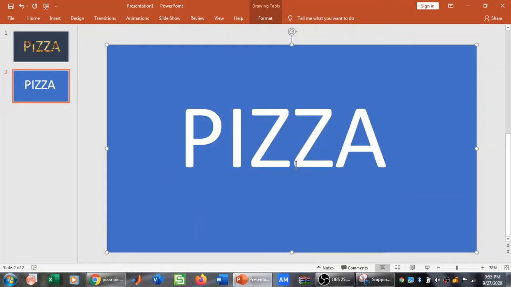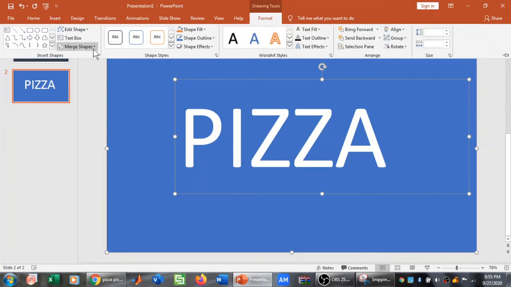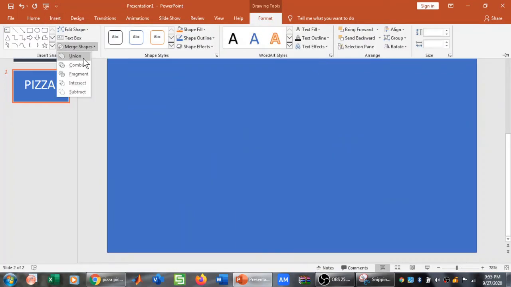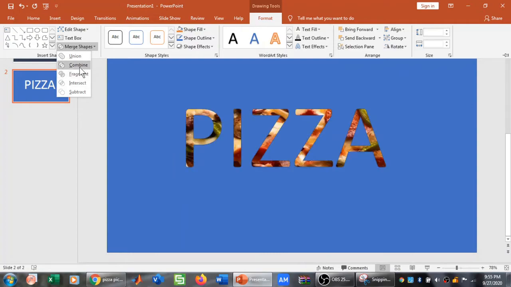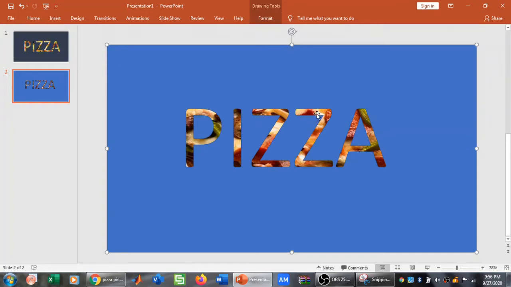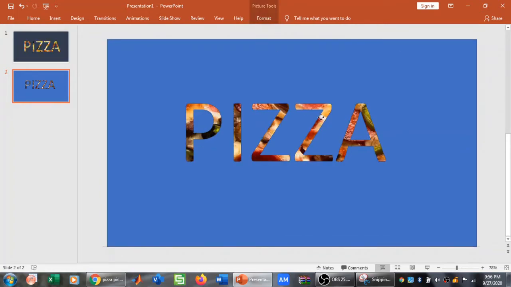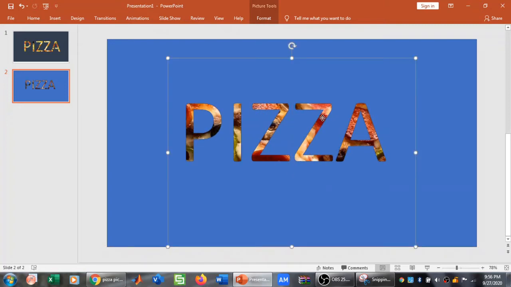Now when this is done, I'm going to click on this and click on the text box, and in the format option I'm going to click on merge shape, and in the merge shape I'm going to click on combine. When I click on combine, you can have a look, we have a pizza appearing here, and I can also move the picture behind it to adjust the picture. When I'm satisfied with the picture,